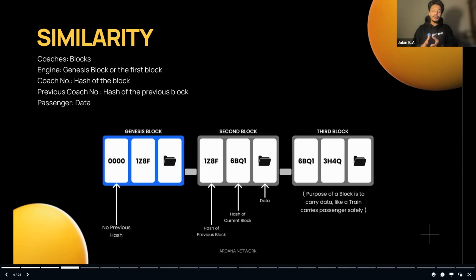So what exactly are coaches? Coaches are the blocks in the structure, the cubicle structure, and the train is just connected in a sequence like S1, S2, S3, S4. If you've traveled in a train, you might have observed that. The passenger train has that. So instead of coaches, you have blocks. Blocks are nothing but similar to coaches, a structure connected in an order. The second thing is that the first coach in the train is called an engine.